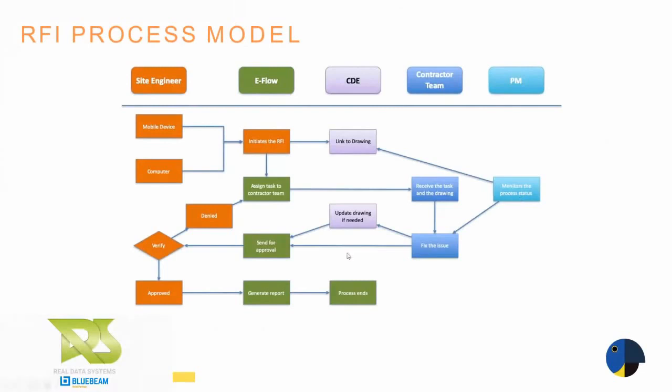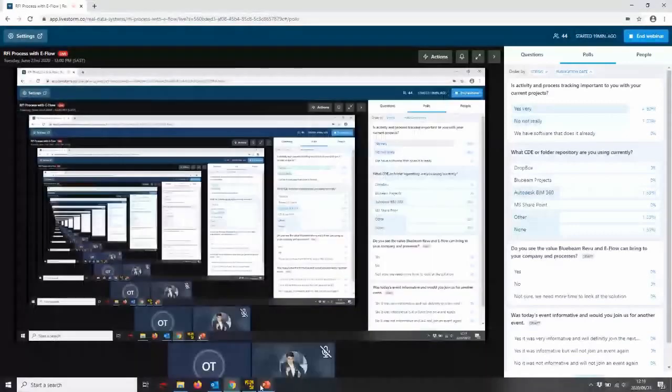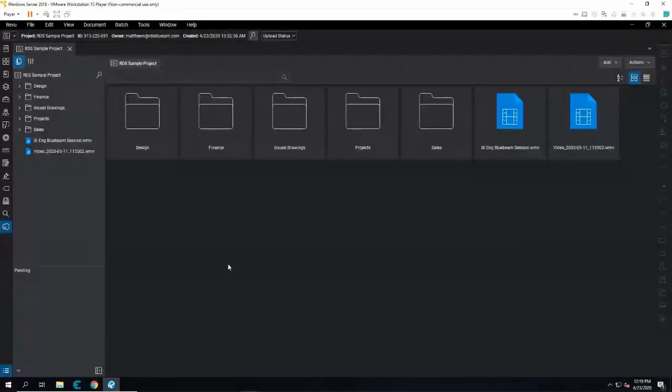So without further delay, I'm quickly going to jump into my platform here. And I'm just going to switch my screen sharing quickly so I can get my whole screen in. And I am going to bring up my eFlow or my Bluebeam. So I'm going to take you through the first example, which is our Bluebeam Review interoperability